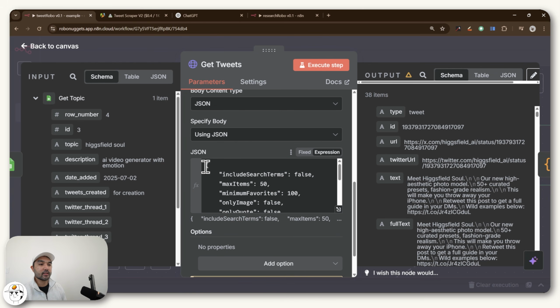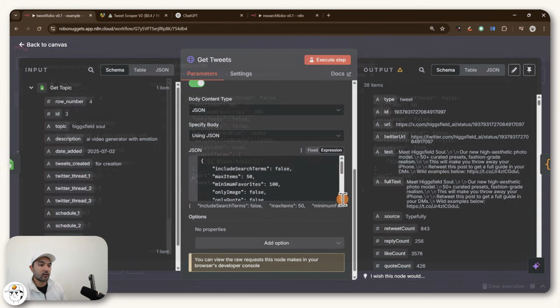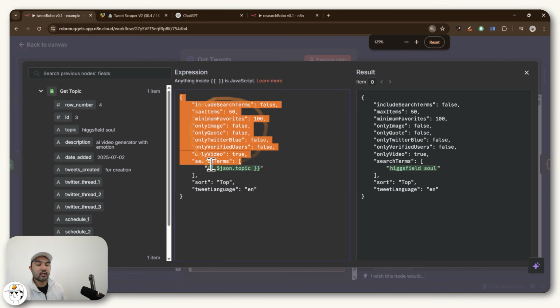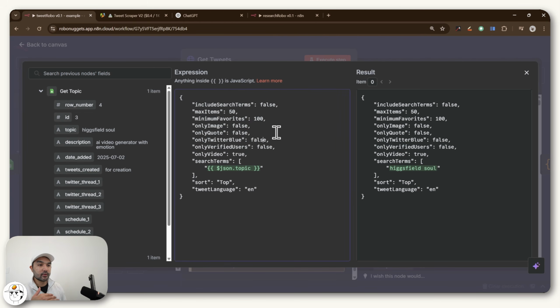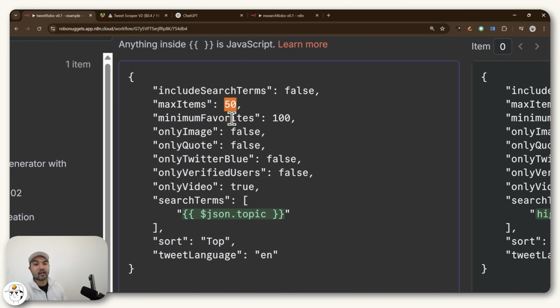So whenever you see these brackets and braces, it's just a way to format text that makes it easier for computers to understand. If you click on this expand button at the bottom right, you'll see that we have a couple of attributes here, which you can read in your own time. But just to highlight some of the important ones, we're saying here that we are getting a max of 50